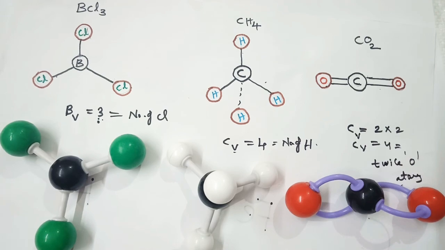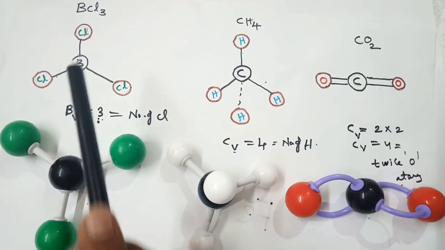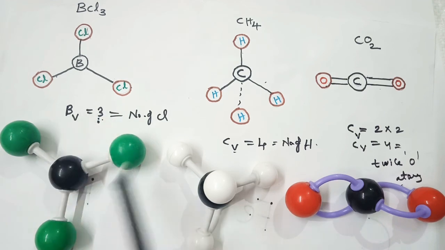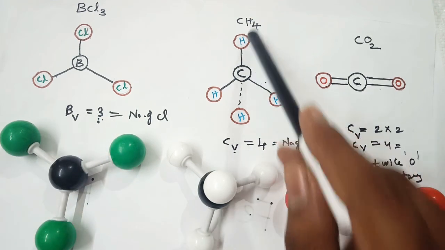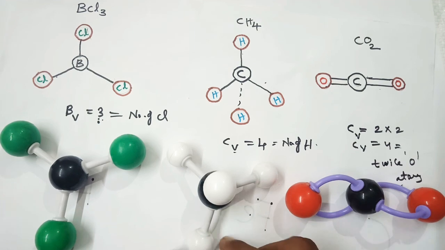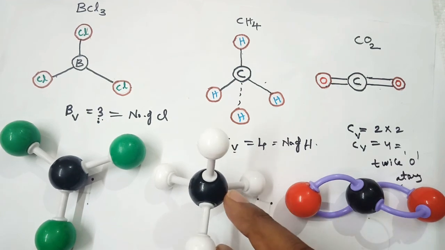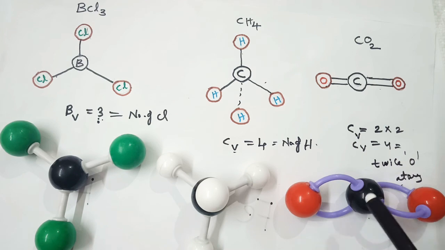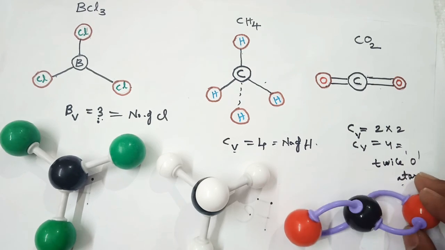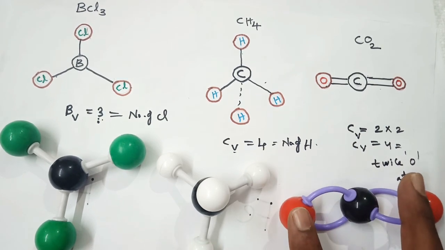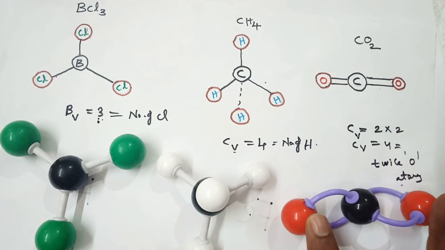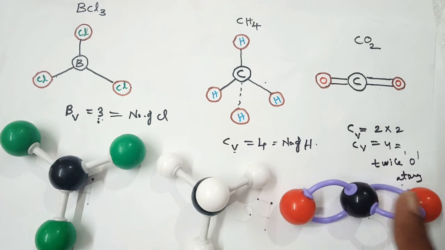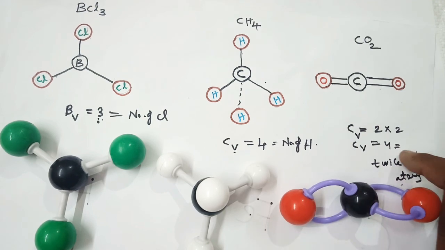So now you can see comparatively this BCl3 molecule, its valency is 3, as it can form 3 bonds, and the CH4 molecule, the 3D molecule, this one, 4, it is the carbon atom combining with 4 hydrogen atoms, hence its valency is 4. And this is the carbon dioxide molecule, it is attached with 2 oxygen atoms. In the case of oxygen atom, you should take double the number of oxygen atoms as the valency of the central atom. So its valency is 4.